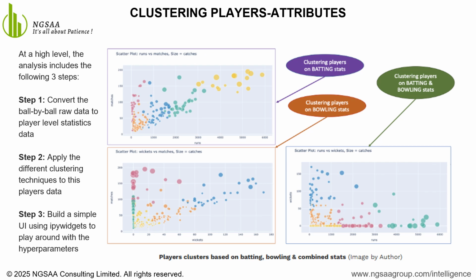Understanding the clusters in scatter plots. Top left plot or purple cluster is batting statistics. Groups players based on runs scored, batting averages, and strike rates. Helps in identifying top batsmen and emerging players. Bottom left plot or orange cluster is bowling statistics. Segments bowlers based on wickets, economy, and consistency. Useful for separating leading pacers or spinners from occasional bowlers.